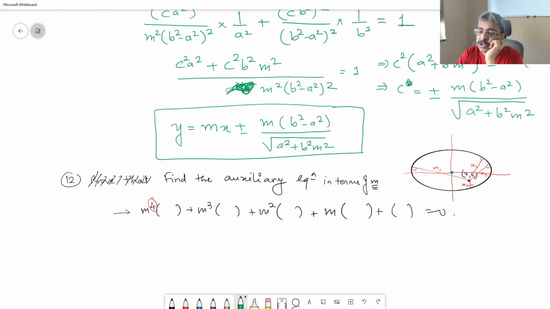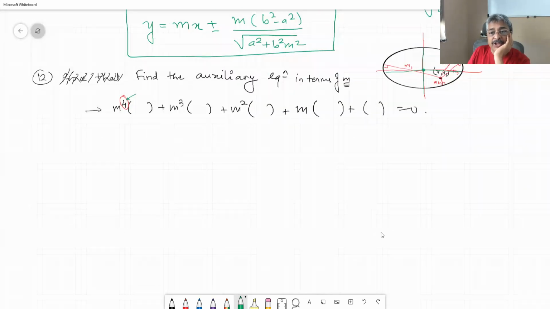This is origin, so this is one normal, this is another normal, this is another normal, and this is another normal. There are 4 normals, and therefore the degree of this m polynomial is important. 4 normals we get. Okay. Now geometrically,